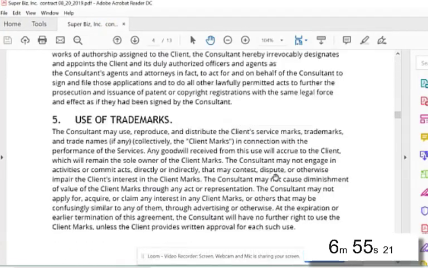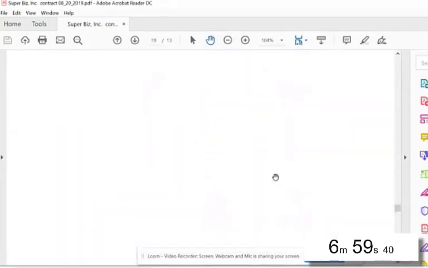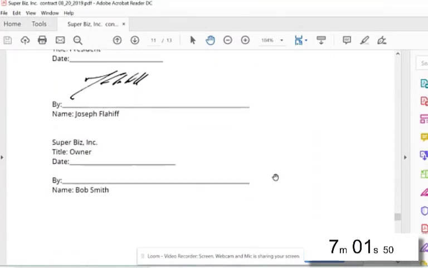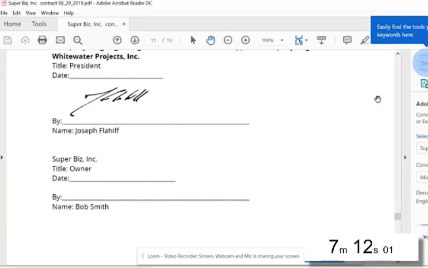So they'll scroll down, they'll read, whatever. You can walk them through this contract page by page. Talk to your lawyer so you understand your contract well enough. But look, down here's the signature page. It has Small Biz Inc. title. Their title was owner. Remember, we put owner in the field. Here's Bob Smith. And all they have to do is click this little